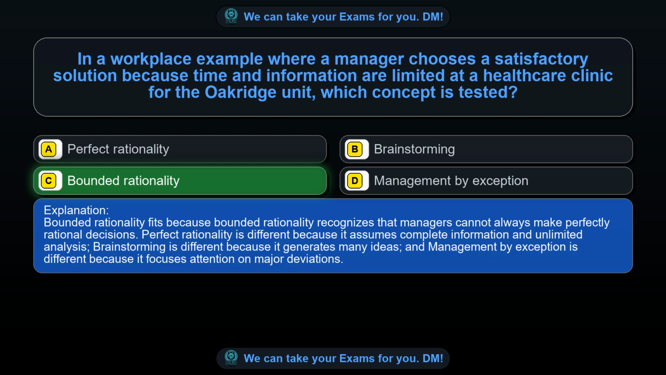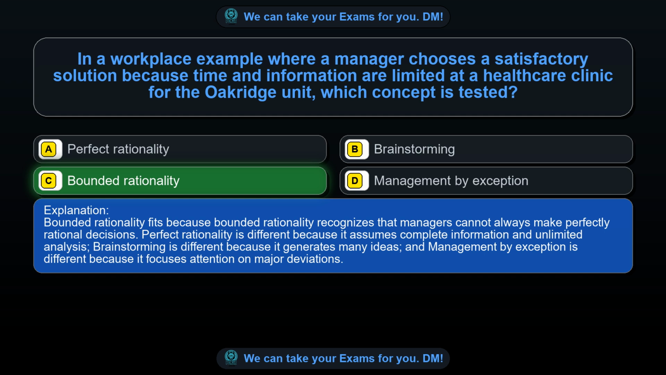Bounded rationality fits because bounded rationality recognizes that managers cannot always make perfectly rational decisions. Perfect rationality is different because it assumes complete information and unlimited analysis. Brainstorming is different because it generates many ideas, and management by exception is different because it focuses attention on major